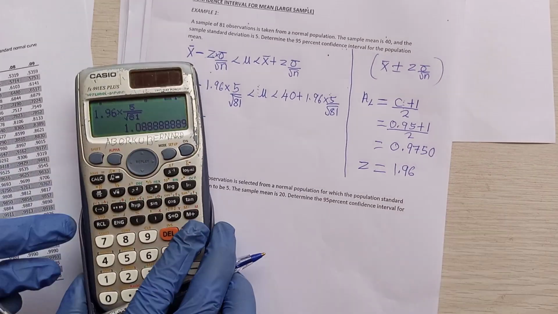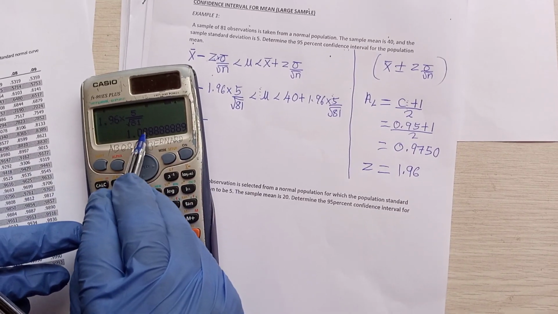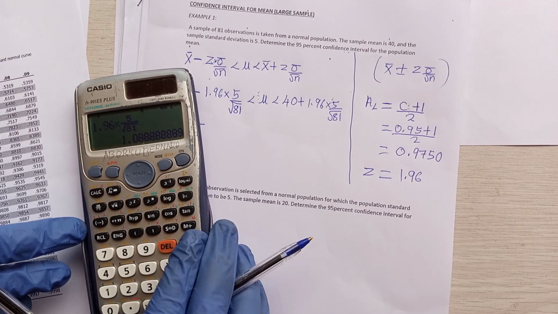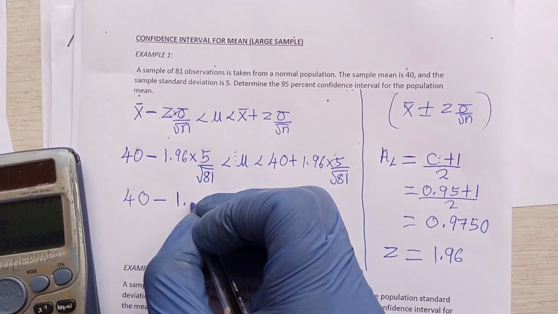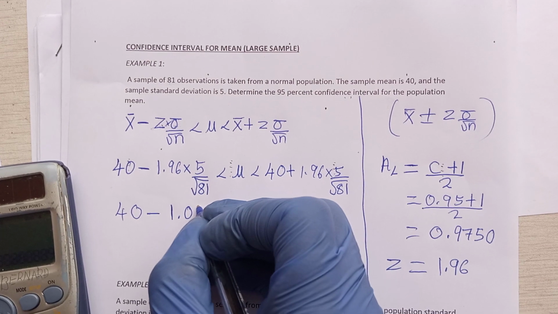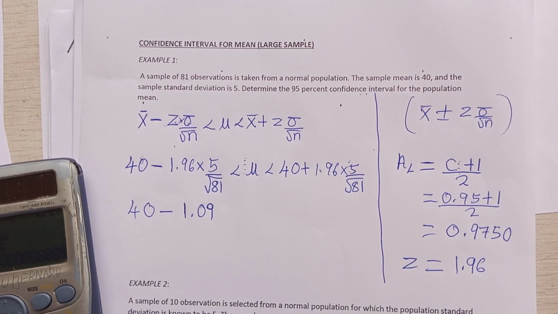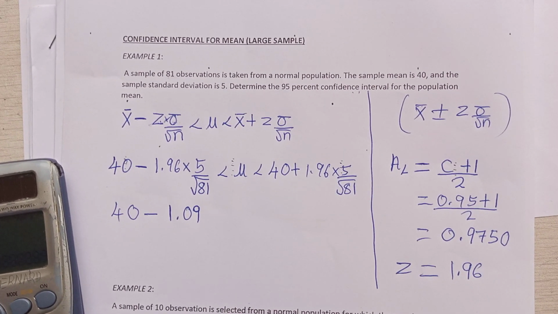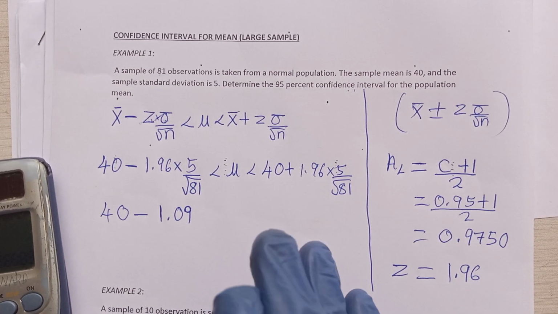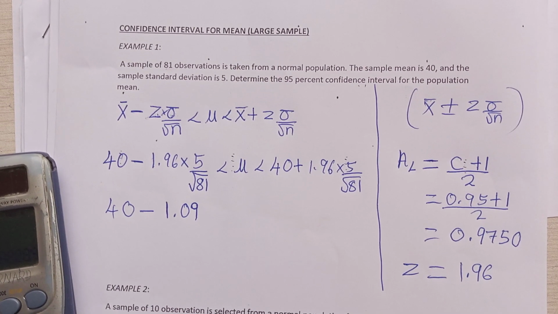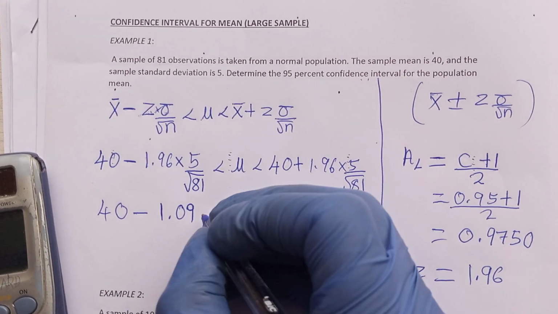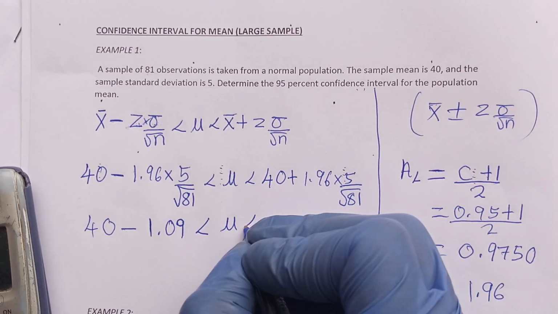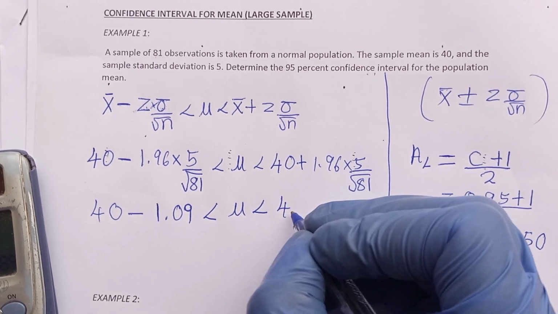When you do it, what do you get? You get 1.0888, that's 1.09 in 2 decimal places. In 3 decimal places it will be 1.089, but I'm leaving this in 2 decimal places. Okay, less than mu, less than 40